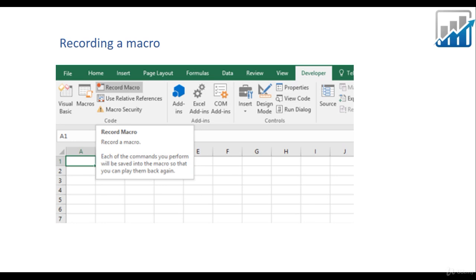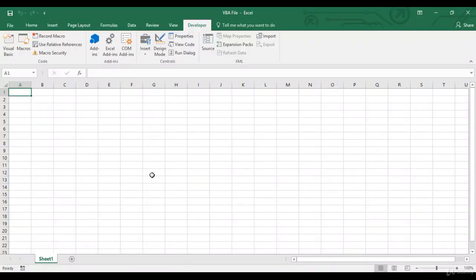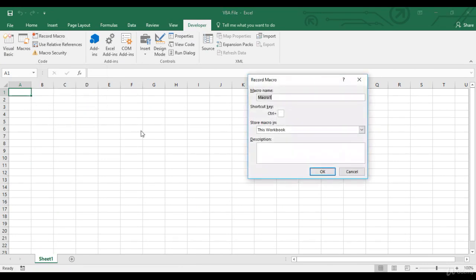So as I said, for someone who's relatively new to VBA, record a macro is the starting point, as then you can see whatever actions you do in an Excel file, how they translate into VBA programming statements. So let's get back to the Excel file now. Before actually recording a macro, I'll just click on this and we'll see what sort of pop-up we get. It gives you options like what sort of name do you want for your macro. So let's keep it first